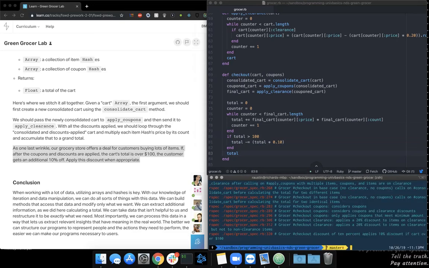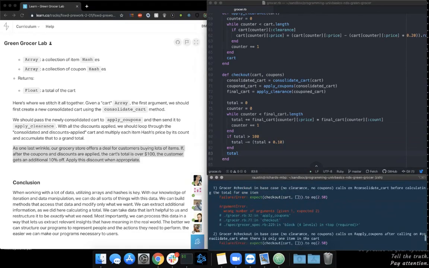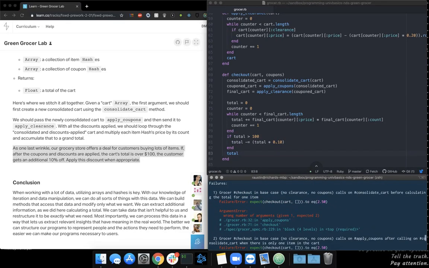Oh no. Looks like we've got an issue. And that issue is on line 71, where it broke first. Coupon cart equals apply coupons, consolidated cart. And it says wrong number of arguments, given 1, expected 2, right? So it's saying that apply coupons,